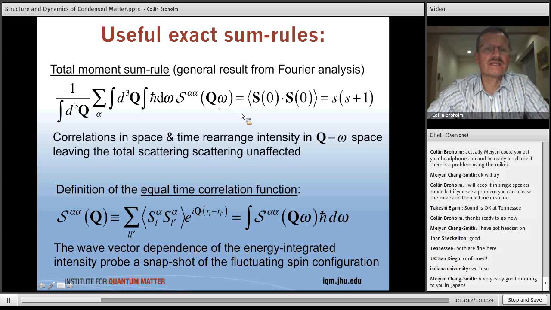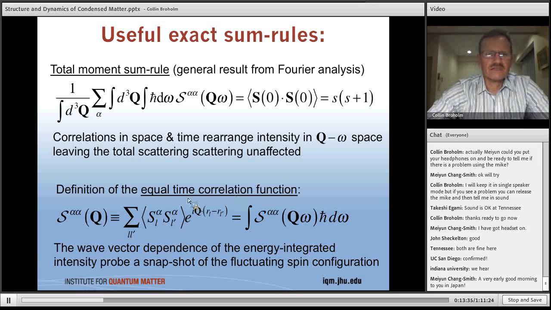And then you can use this expression to check if you got all the factors of 2 pi correct and things like that. So that's another potential use. But the main use is just to keep in mind that intensity is redistributed in momentum energy space. It doesn't just pop out of nowhere. Okay. So next